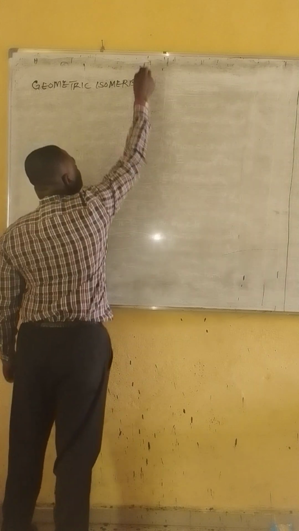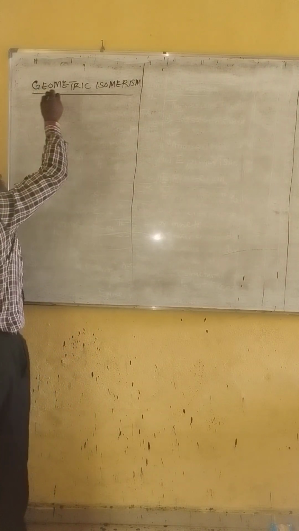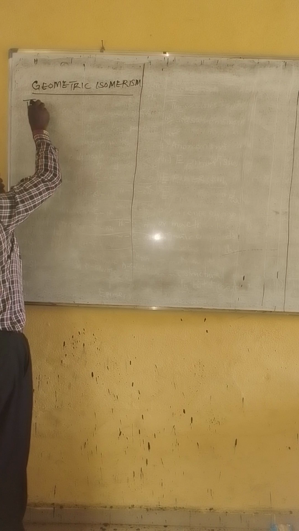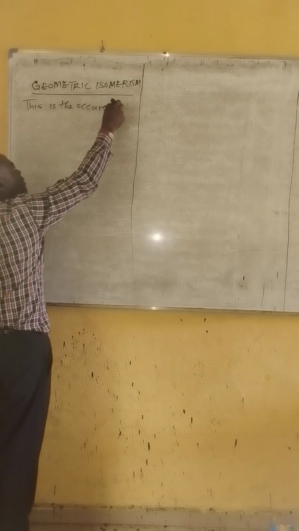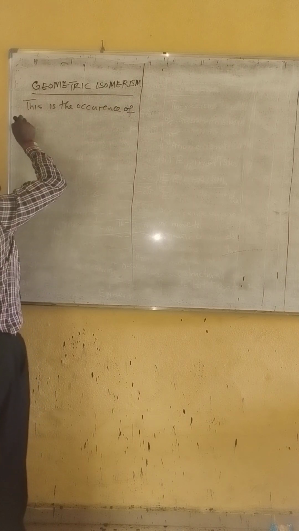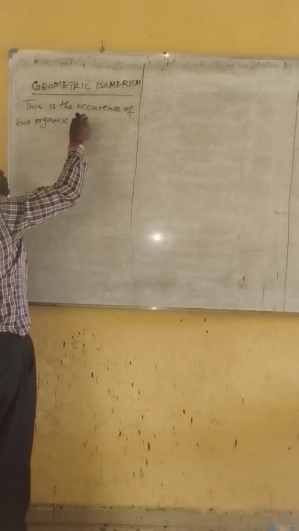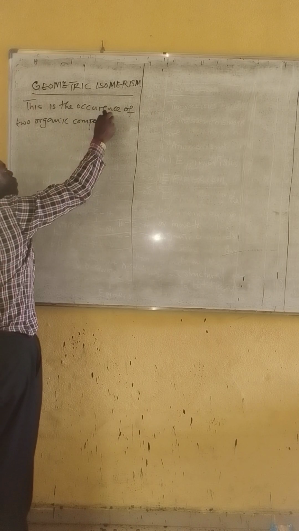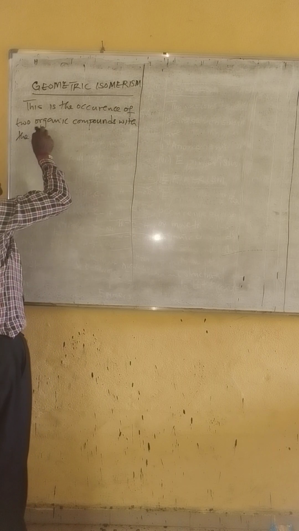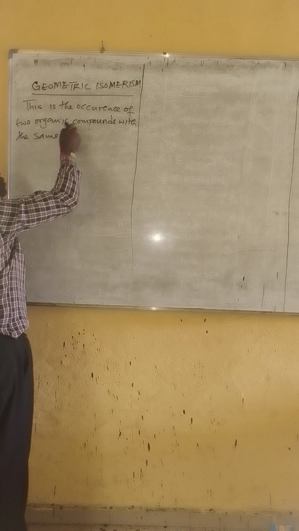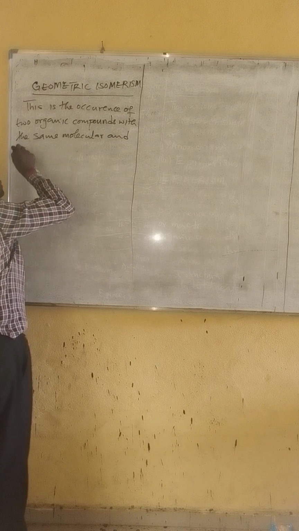Under the topic isomerism, when we're talking about geometric isomerism, this is the occurrence of two organic compounds with the same molecular and structural formula,